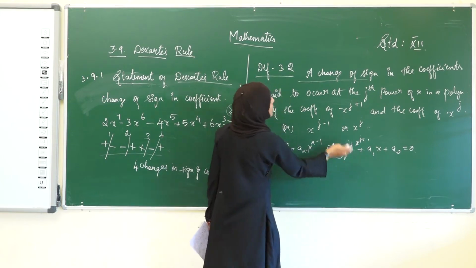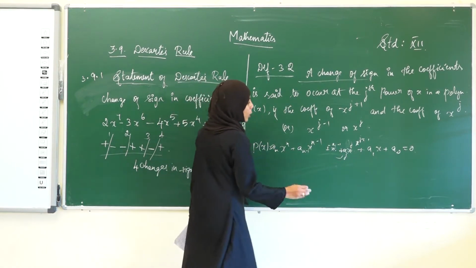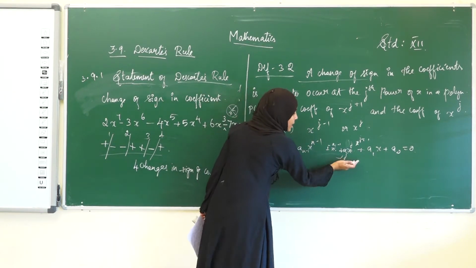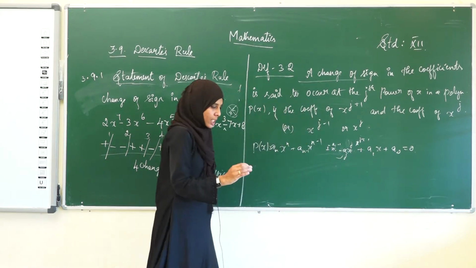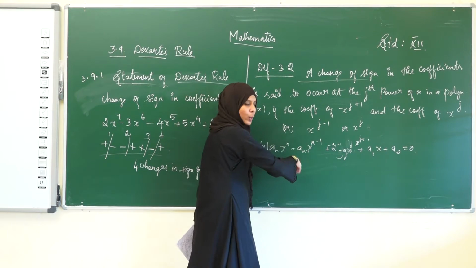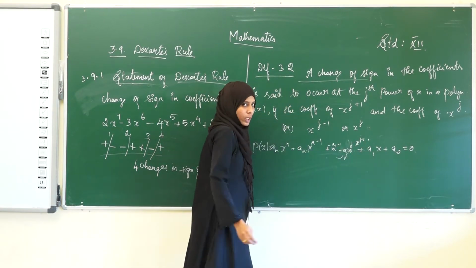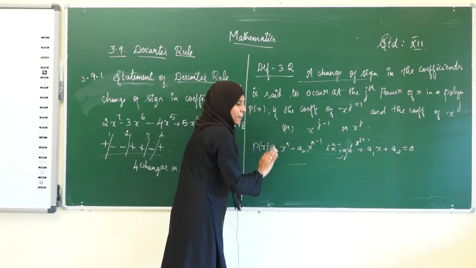Either, if there is something, we can say that it is the change of sign in the coefficients of the polynomial. Okay, suppose, what did we say here? If the coefficient of a x power j has a negative sign, then either the term in front of it, x power j minus 1, should be positive, or otherwise the coefficient of the next term, x power j plus 1, should have a positive sign. This is the definition. Simply, this is it.